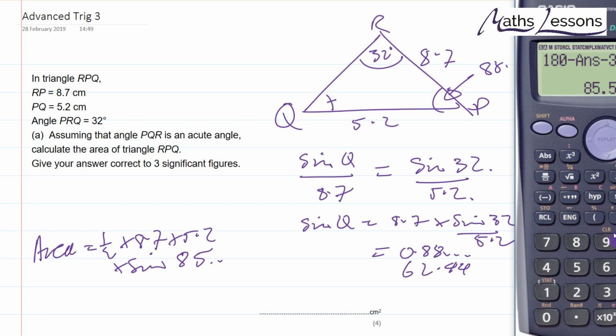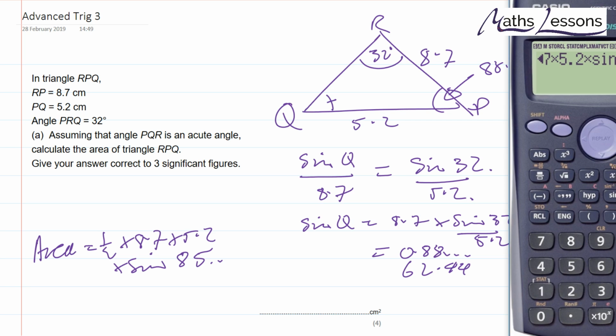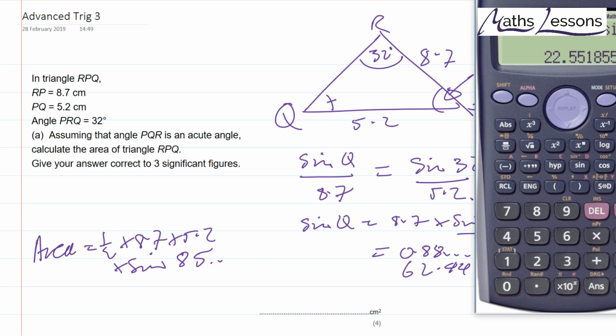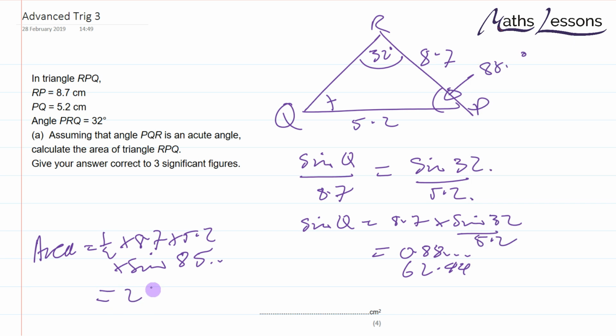So I'm going to do 0.5 times 8.7 times 5.2 times sine of the previous value, and that will give me the area of my triangle, 22.55. So to three significant figures, that's